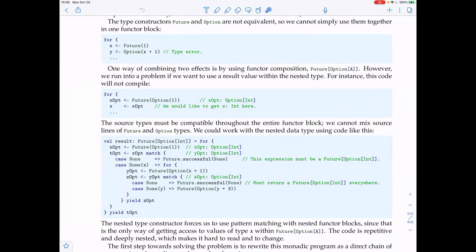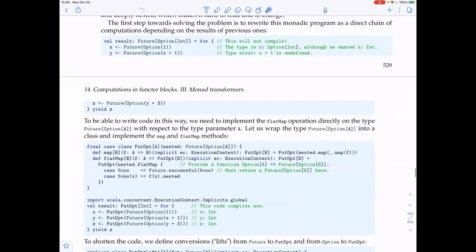The solution is to create a new type constructor that will describe both the effects of the monad future and option. So there will be a big monad to which we will convert these two values. So then the result will be something like this. But this, of course, also doesn't work